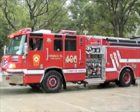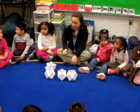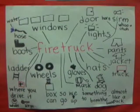Firefighters, and the firemen actually came and they showed the kids all their equipment and their tools. And then after they were done with that presentation, the firefighters actually took the kids out to see the real fire truck. And I asked them to tell me about the different parts of the fire truck. We actually used the ThinkBlocks in that lesson, and I had a piece of paper with the word fire truck